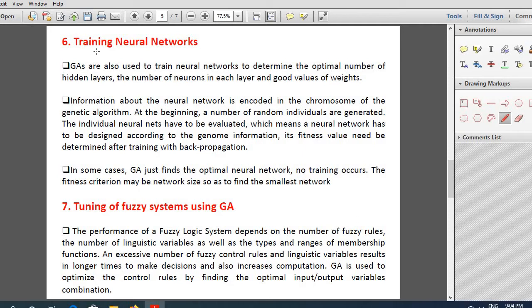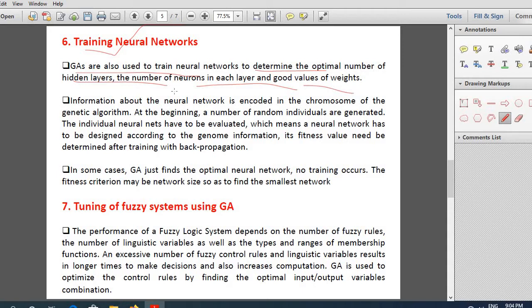Now, training neural networks. That is another important application of GA. GAs can be used to train neural networks. And why is it used to train neural networks? It is to determine the optimal number of hidden layers, the number of neurons in each layer, and good values of weights.